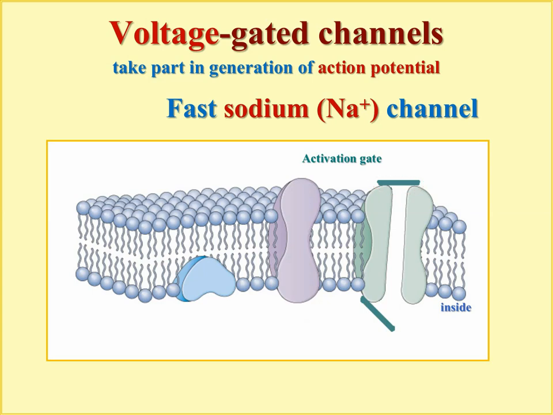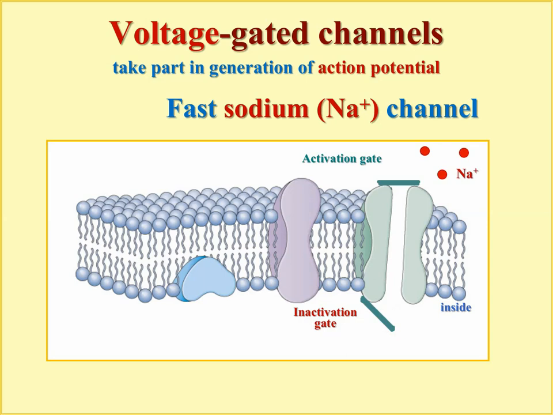Activation gates. At the inner side of the channel, there is an inactivation gate, which in resting state is open. So the conformation normally is in such a position that it allows passage for ions. But also this conformation can be changed due to changed voltage, membrane potential. Inactivation gate. So it's unusual to have two gates. Only sodium channels have these two gate types. And let's observe. These are selective channels for sodium